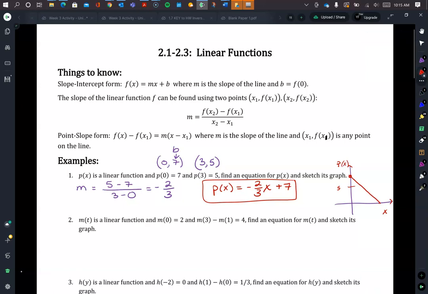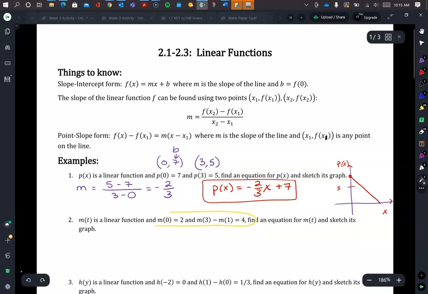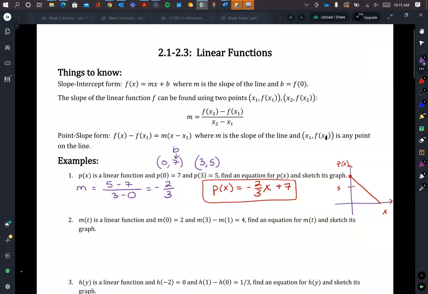So number 2 is a little bit different. This is where we want to look at the notation carefully, look at what's happening, and substitute things in. The first one that we're given: m of t is a linear function, and m of 0 equals 2. So the first piece of information, I have that